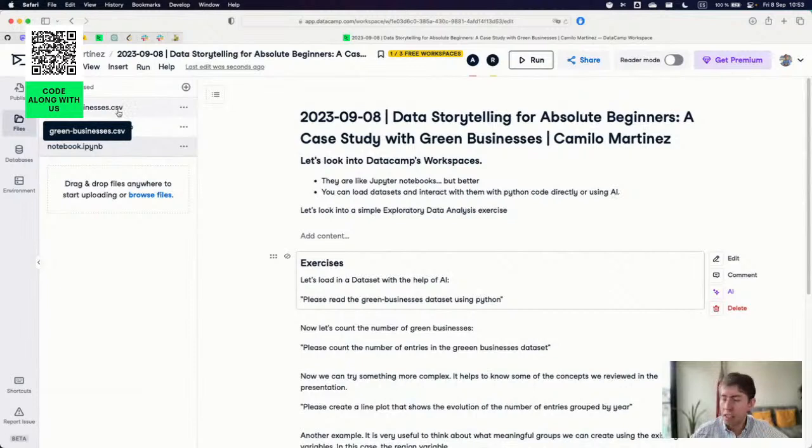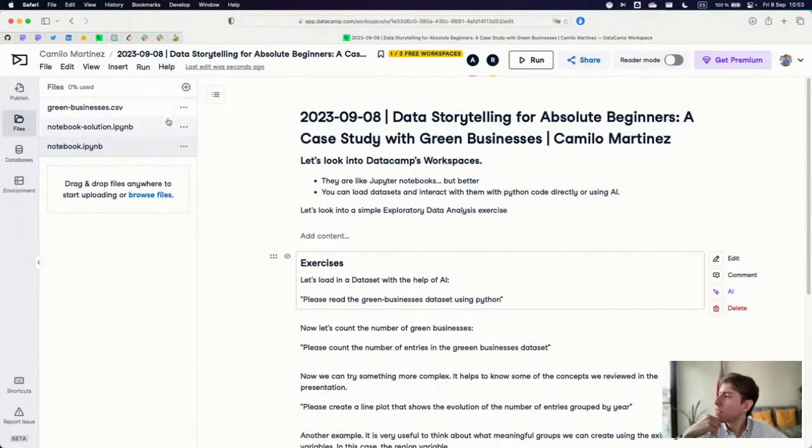This is a table in a CSV format that you could download yourself; you could access it from here, from the workspace, but also from the case study page that I mentioned before. So this is basically a table that contains the variables that I mentioned before. It has some sectors, it has the result of the green business, it has the department and the municipality where that green business was created, and well, other relevant information. So now,